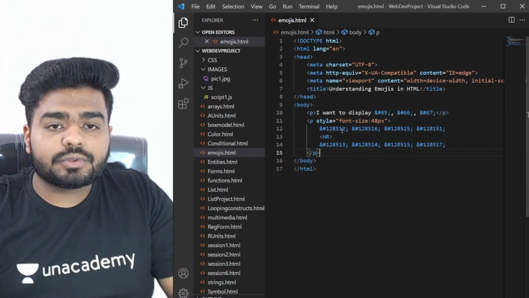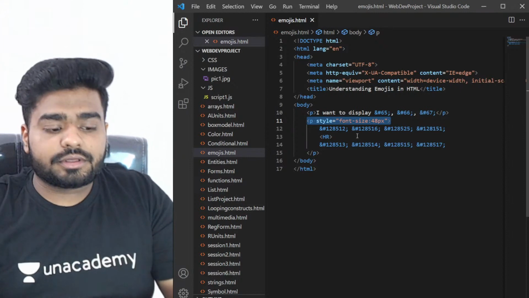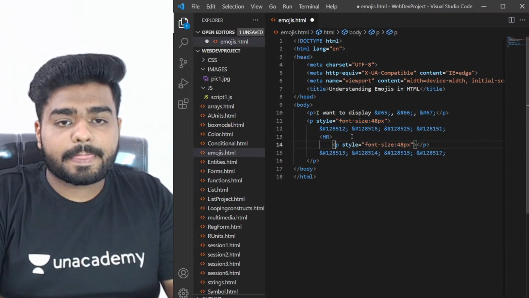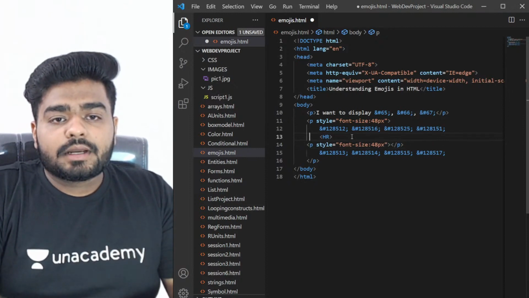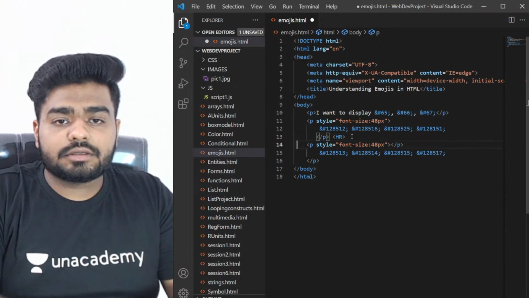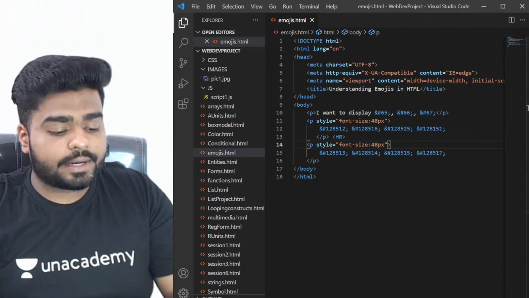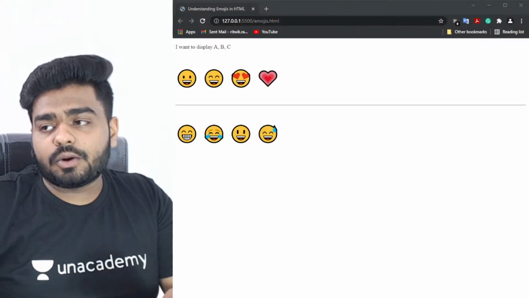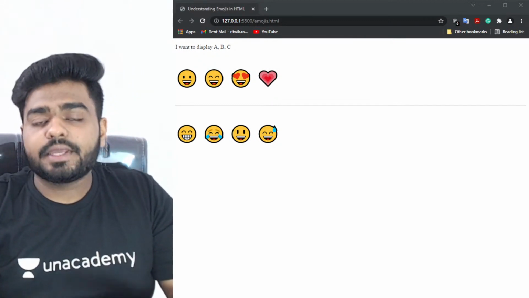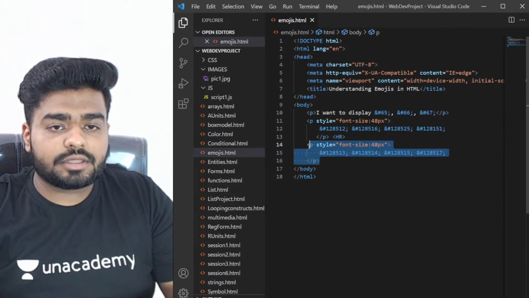I have to give here this thing because it's not gonna affect now. So let me give this, and let me close the paragraph here. Let me remove this closing bracket from here. Okay, now if I go back to my browser, you can see you're getting all the different kind of emojis also. Okay, now if you want to try something else, what you can do, again come back, copy this,